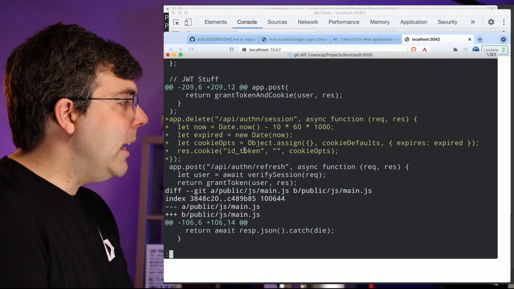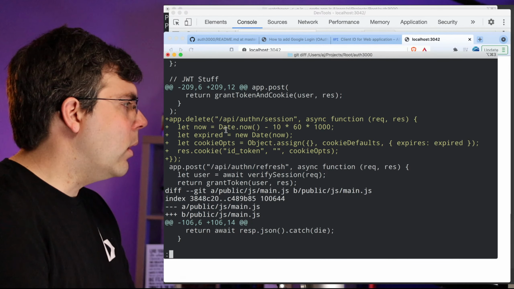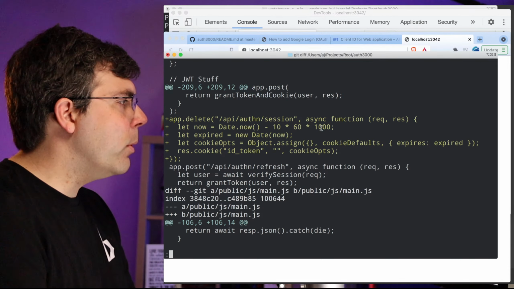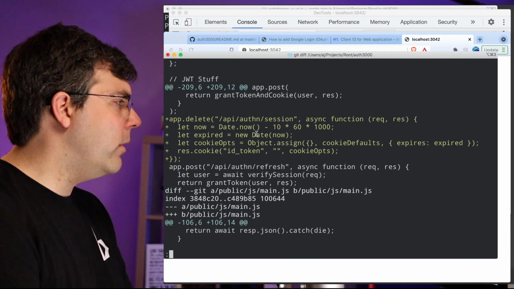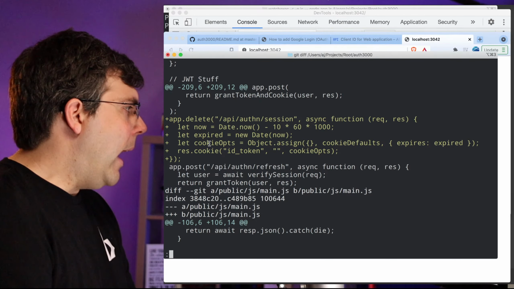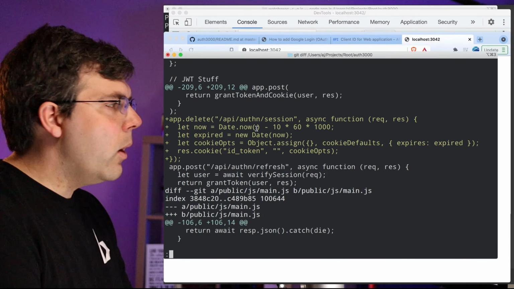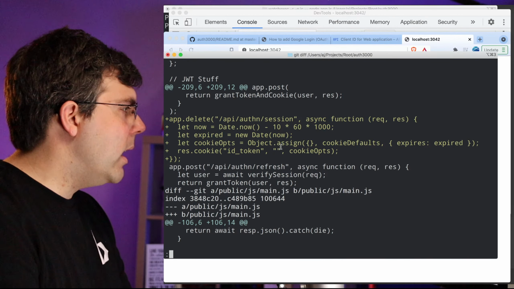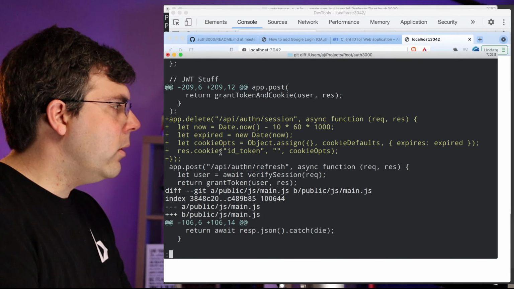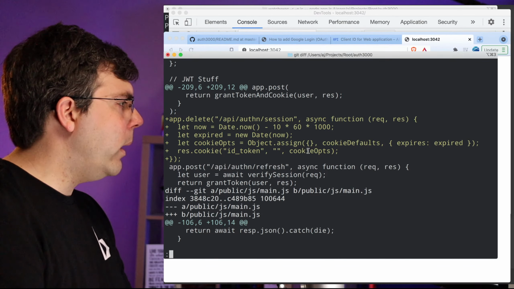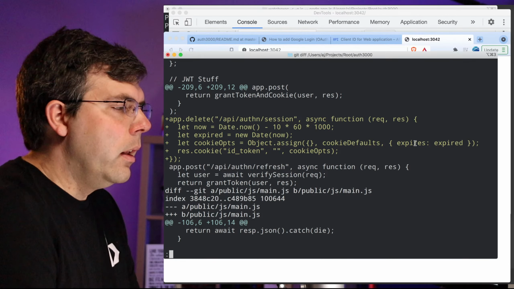It's going to set an empty value for the ID token cookie, and it's going to set the expiration date to 10 minutes ago to account for any possible time skew or anything like that, so a browser doesn't try to send it. Date.now gives us milliseconds, minus 10 minutes ago in milliseconds. Create a new date object, pass that date object as cookie ops to res.cookie, which is the Express cookie parser middleware, which will then convert it into the correct format, which is a really weird format